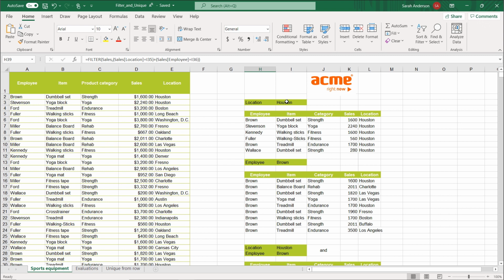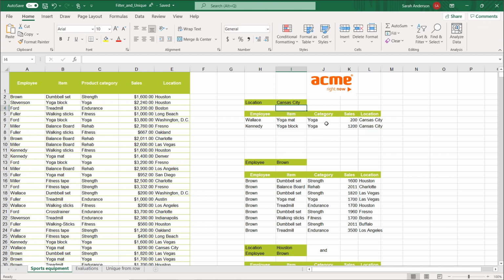Now I would like to talk about the optional argument if empty. Please click once in cell I3, currently filled with the entry Houston. You can always filter for another location, for example, Kansas City. That this works is not really surprising. However, if you make a typing error or enter a location that does not exist in the sales table, for example, Cleveland, you will receive a new error message,